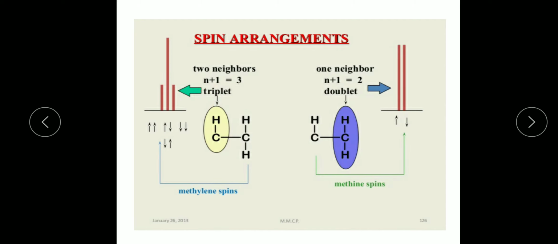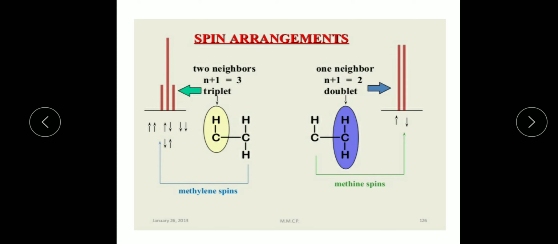So these are the methylene spins. Here in methylene how many protons are there? One and two. Two spins are there. So the possible spin combinations are, maybe both spins are clockwise, both anti-clockwise, or one is clockwise and the other anti-clockwise, and vice versa. These are the possible combinations. So 1 is to 2 is to 1. So the peak obtained here will be in the ratio of 1 is to 2 is to 1,